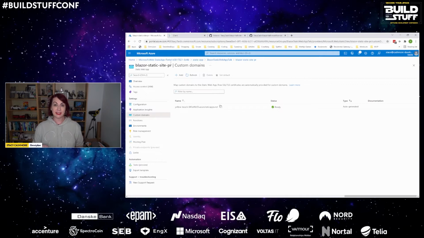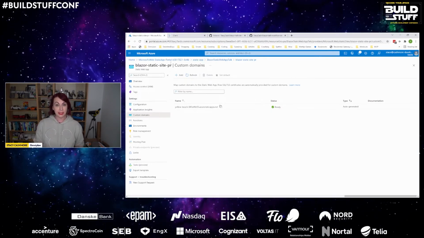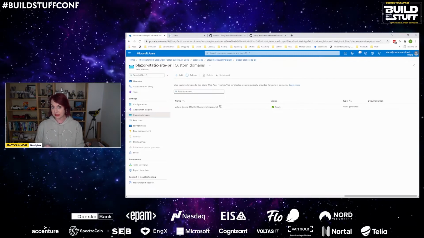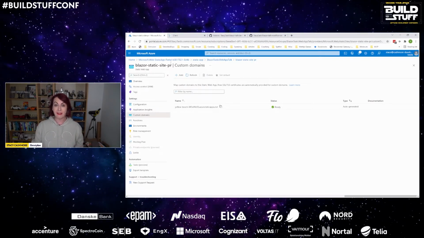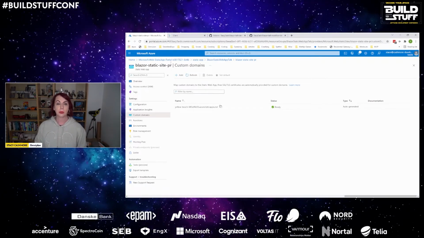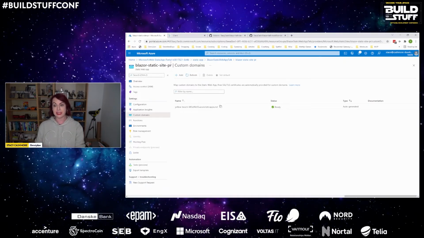The worst that I've had is it's taken about 6 hours for the DNS records to propagate. Best case that I had, it took about 10 minutes. So your mileage may vary. I believe it can take up to 48 hours is the official thing when you change your DNS record to getting this working.